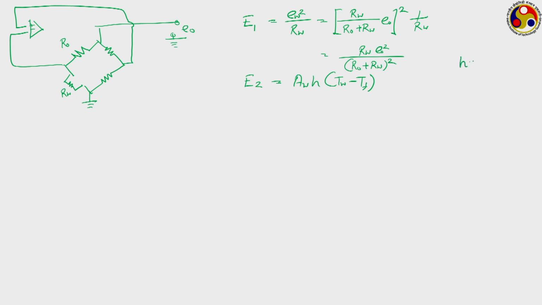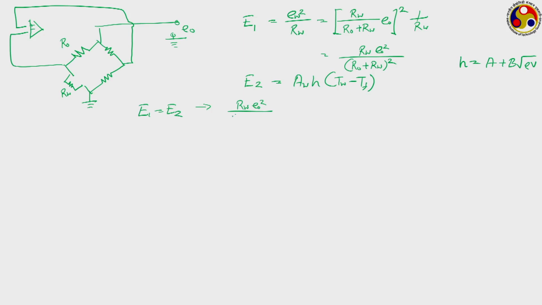Now, let us assume that H is equal to A plus B root V, which is a quite common way of representing the heat transfer coefficient, or generally we write this as rho into V, because it is dependent on the flow rate. So, under equilibrium condition, E1 and E2 have to be equal to each other, because E1 is the energy supplied in the mode of electrical heating, E2 is the amount of energy extracted in the mode of convection. So, if we equate these two and write all these expressions together, then we have